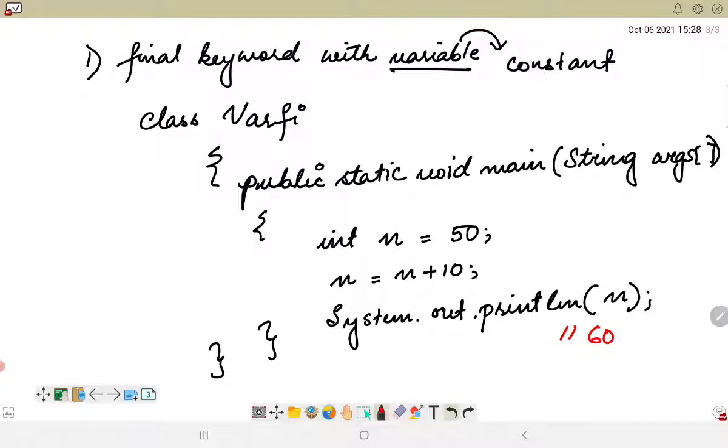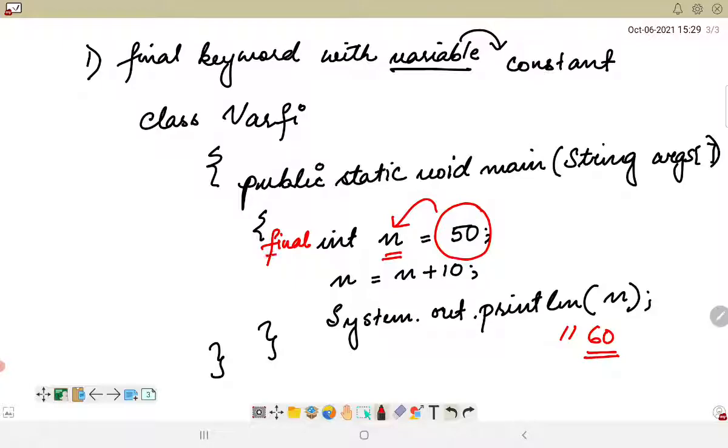Now when I introduce the final keyword here, it will not give me this output, because the value initialized to n is 50, and since n is a final variable, it cannot be changed. We will also see this with the help of a program in my next video, but here let us theoretically understand the concept.